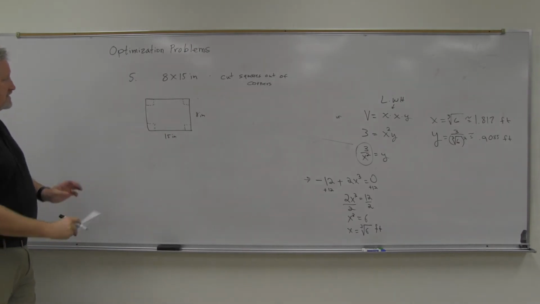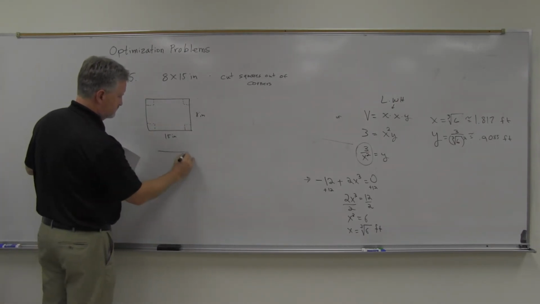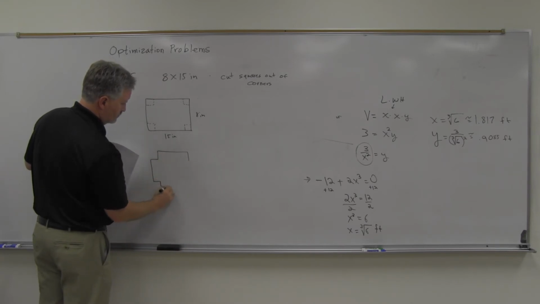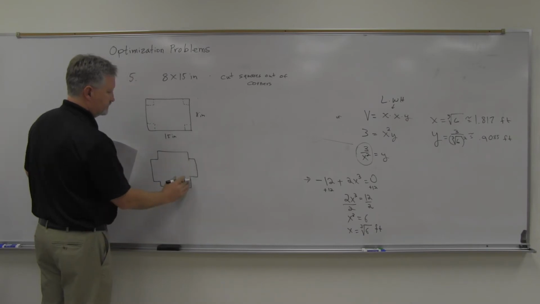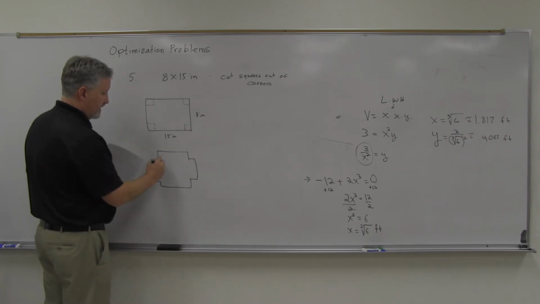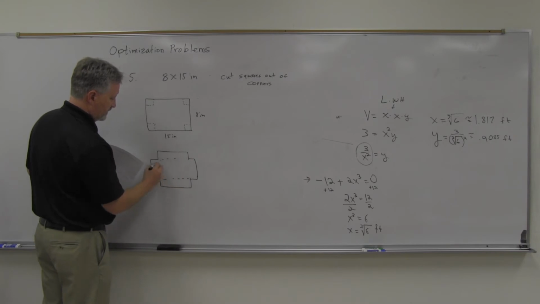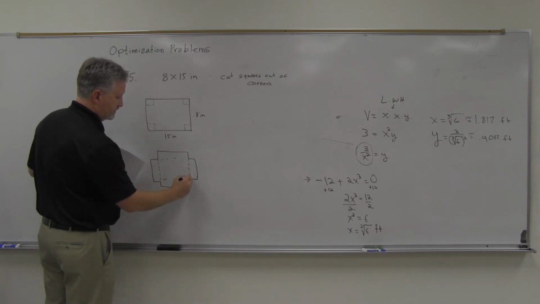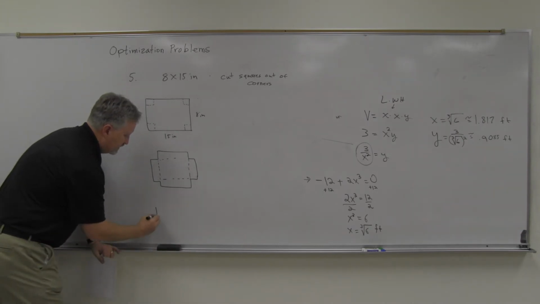And the way that works is then we'll take those out, and then we can fold the flaps up, ends there up. So just fold those flaps up and you wind up with a, well,